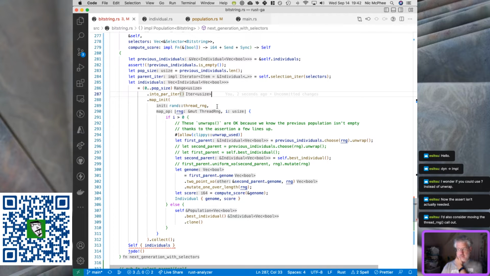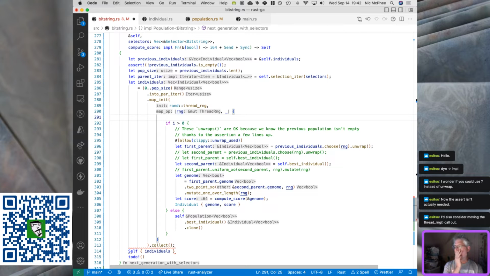Going to pass in the random number generator as the init part. The operator is going to take the random number and our location, and I'm going to skip the size. In fact, I think we'll just turn this into an underscore because I don't think I'm paying attention to the index. And we'll continue with this hacked up